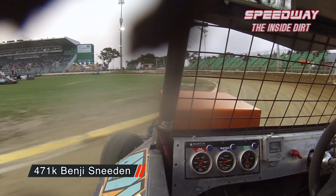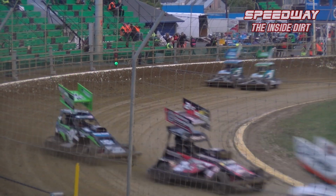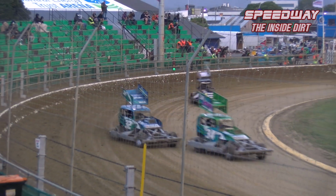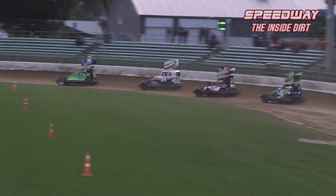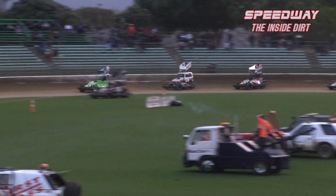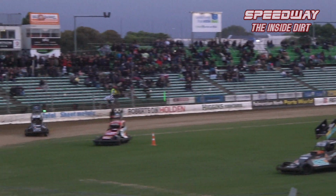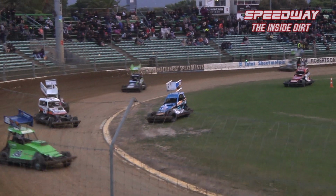The 471, then we've got James Marlier still in second. Peter Rees now moves up into third ahead of Brent Hislop. And look at this, Rebecca Barr up the inside of Graham Barr. She made that look way easy. That'll be something to talk about over the boiled egg in the morning. Ian Penny's been fired off the end and spun up, but King Benji Snedden, the 471, Mucka Motorsport takes the win